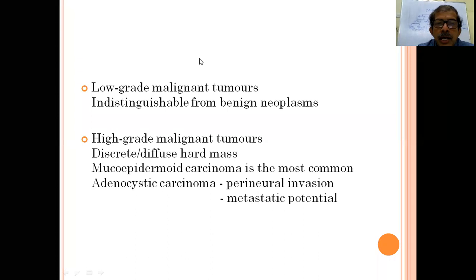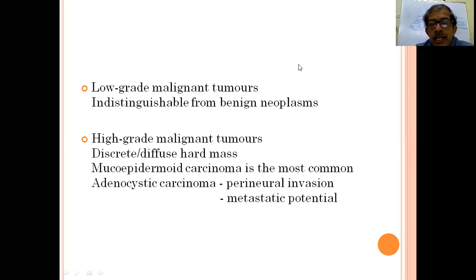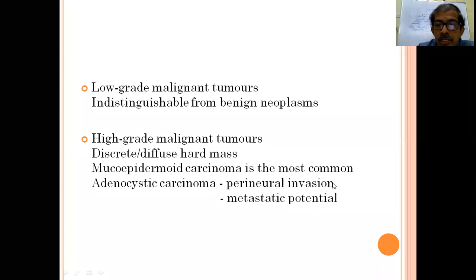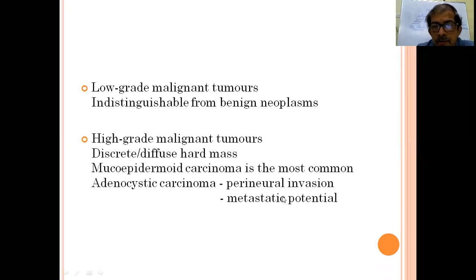No, I asked about malignancy. You have answered for benign, whereas in the submandibular salivary gland, the commonest malignancy is adenoid cystic. So what is the peculiarity of this adenoid cystic? It has a tendency for perineural invasion. That's why in the parotid, if facial nerve involvement is there, especially early facial nerve involvement, you have to suspect adenoid cystic. And it can spread even to the lungs. Metastatic potential is high for adenoid cystic.